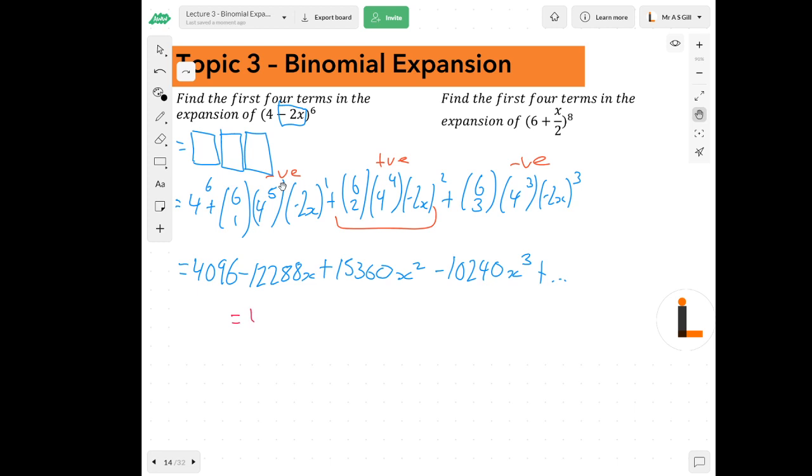So our first term, massive number, 1679616 plus, and then we're going to get 54432 x squared, and then the last term